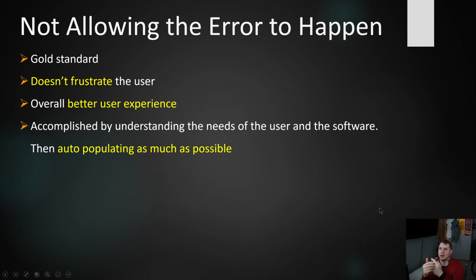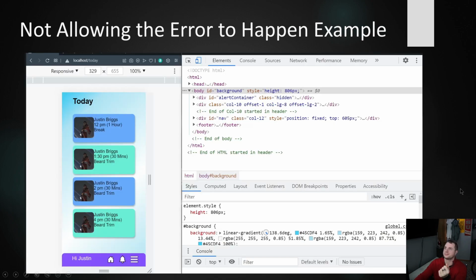Okay, I already talked about this a little bit, not allowing the error to happen in the first place. It is the gold standard. All right, so this is essentially guiding the user to the right place without actually letting them make the mistake first, where they feel like they have to redo work. So overall, this is the gold standard. All right. So most of you and students in the past have always struggled with the idea of, well, okay, so how do I prevent a problem? So if we do this, if I show you this video,